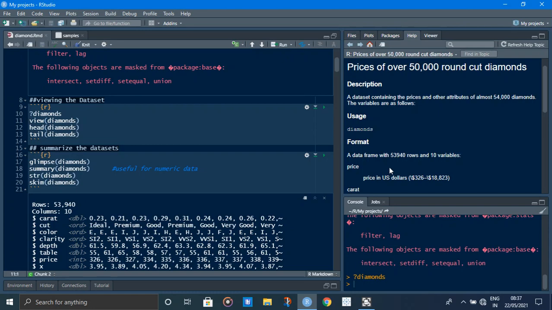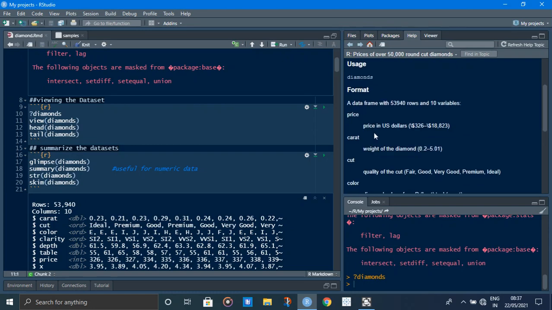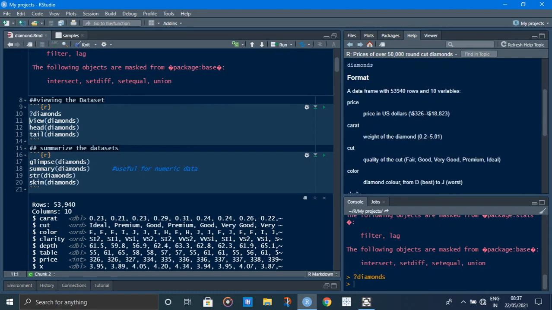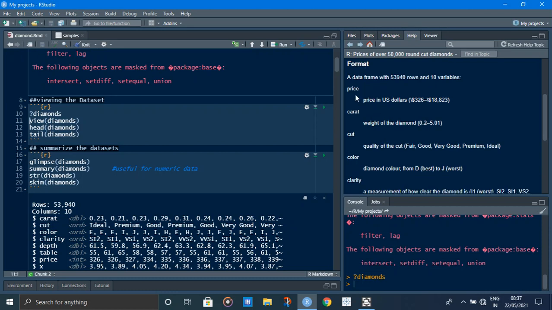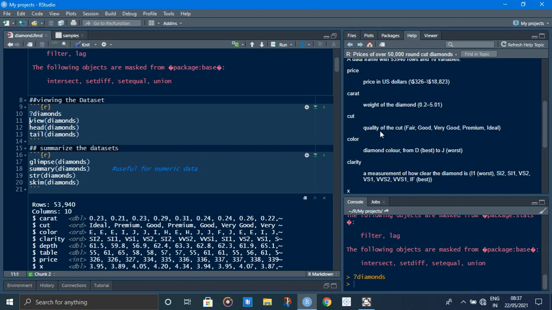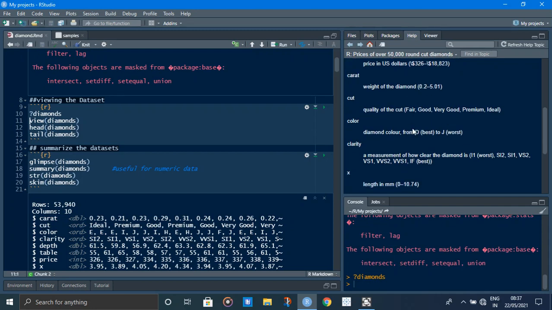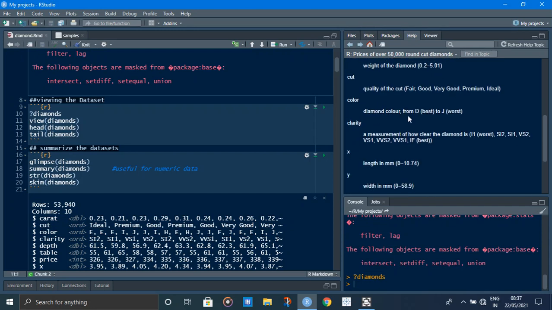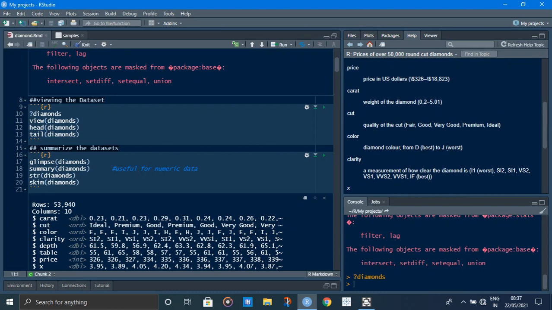There you can see the various variables: price in US dollars, carat means the weight of the diamond, cut is the quality of the cut, color means diamond color, D is the best, J is the worst. Quality: fair, good, premium, ideal is the highest quality.